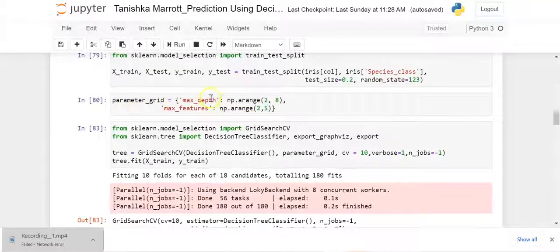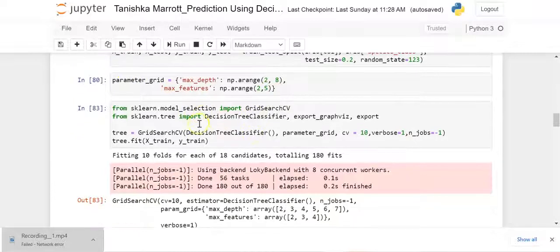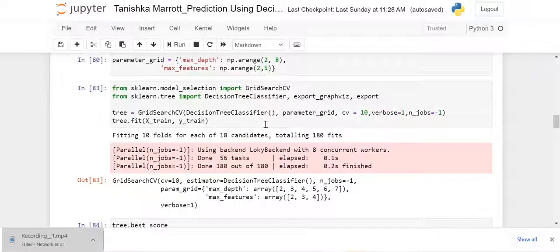I have a parameter grid where maximum depth and max features are shown, and this parameter grid will be used in GridSearchCV. GridSearchCV is a technique used for hyperparameter tuning, which helps you choose the optimum parameters, like max depth, max features, etc., and it automatically undergoes cross-fold validation. It iterates over them and gives you the best possible parameters, which will help you evaluate your model further.